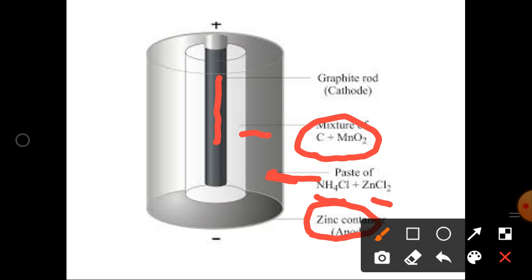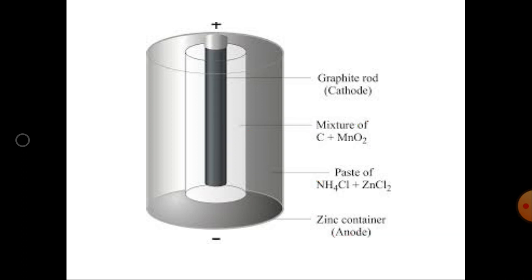So normally here the zinc will act as the anode, but that zinc is not in a pure form. Some amount of lead is added into the zinc rod, that is 0.04 percent of lead is added to the zinc rod, so that it is corrosion resistant. If you are using a pure zinc rod as the electrode, it is easily corroded. To avoid the corrosion, the zinc is normally added with some amount of lead, so that we can make it corrosion resistant.